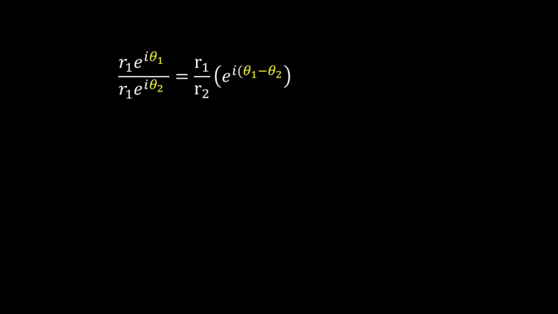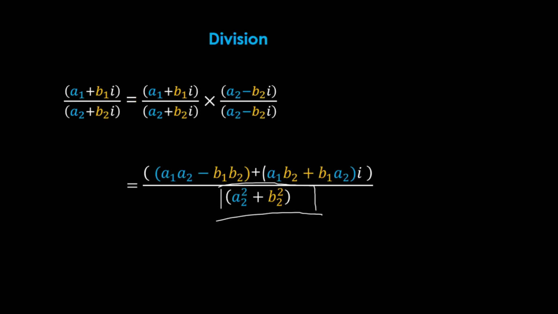Okay, if you put it in polar form, you have r e to the i theta 1 over r e to the i theta 2. That will be r1 over r2 e to the i times what we subtract, that is theta 1 minus theta 2. That is the basic law of indices, and this is an easier way, because